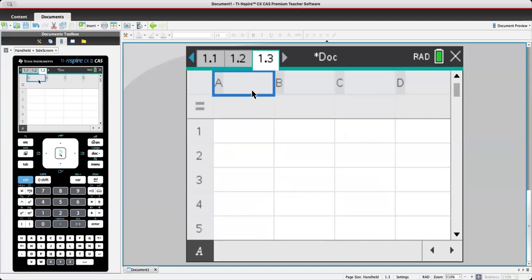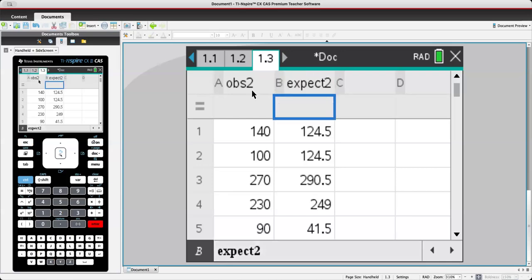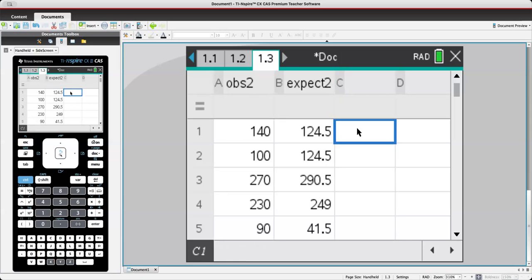Right? And so once you get the observed and the expected counts in the spreadsheet,